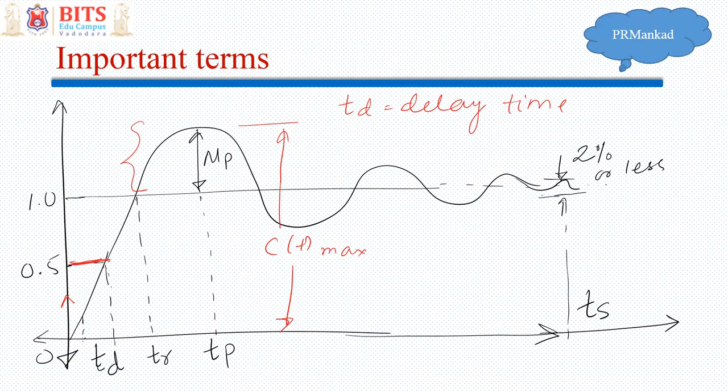Now, TP is nothing but the peak time. It is the time at which the first peak occurs in case of this oscillatory underdamped response. And peak overshoot is the amount of magnitude which is higher than the steady output value, that is, which is expected from this output, right? So this is C(t) max minus 1 over here, which is going to be the peak overshoot. Settling time, as we already know, is the time after which the system settles to the steady value, or it reaches 98% of the final steady value, right?